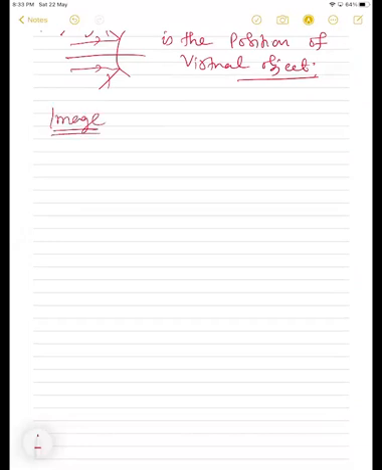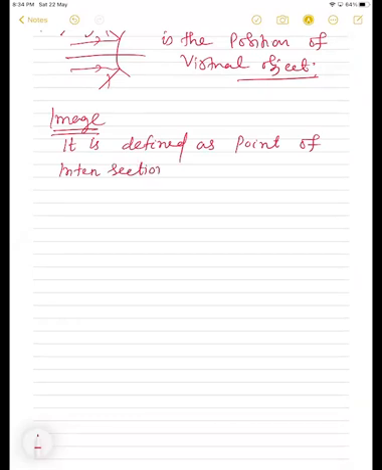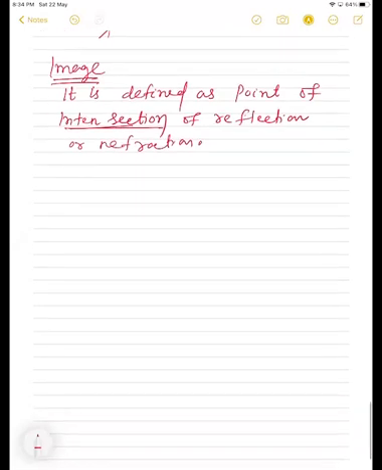Image, what is image students? After reflection or refraction, point of intersection जो होता है, right, it is defined as point of intersection of reflected rays in case of reflection। ऐसा जरूर नहीं कि हमेशा रिफ्लेक्शन ही होता है, रिफ्रैक्ट भी होता है, in case of reflection और रिफ्रैक्शन, ठीक है। और ये जो रेज इंटरसेक्ट करते हैं, तो वो कभी कभी एक्चुअली इंटरसेक्ट करते हैं, कभी कभी वो इंटरसेक्ट नहीं करते हैं, they are supposed to intersect at any other point, yes या no। तो उसी बेसिस पे इमेज को दो हिस्से में डिवाइड किया गया है, एक है रियल इमेज, करेक्ट।